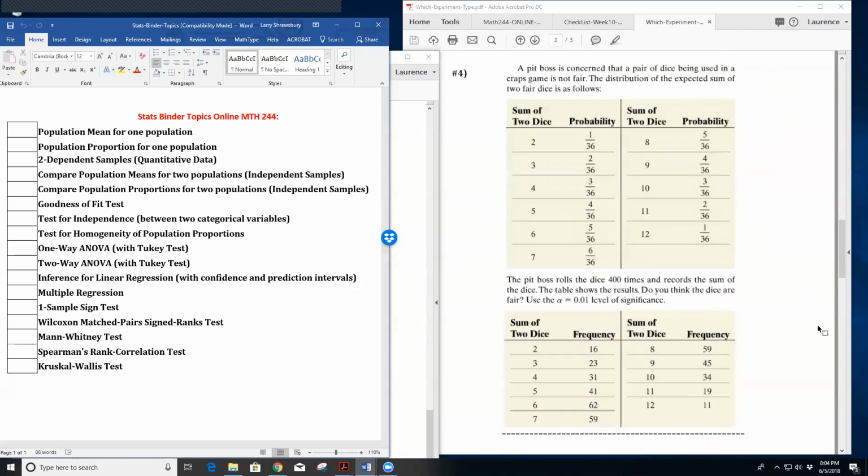Maybe this would be your classic example if you found it interesting. So we got this pit boss. He's concerned that this pair of dice being used is not fair. Something's fishy about them. Well, from probability theory, we know